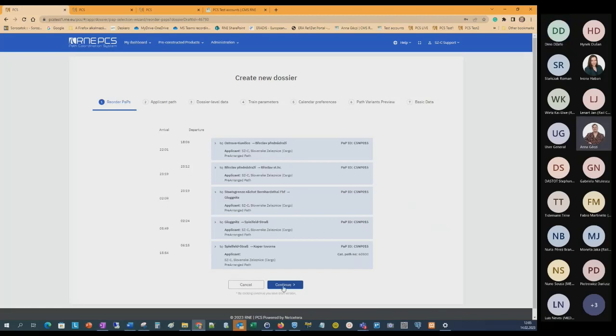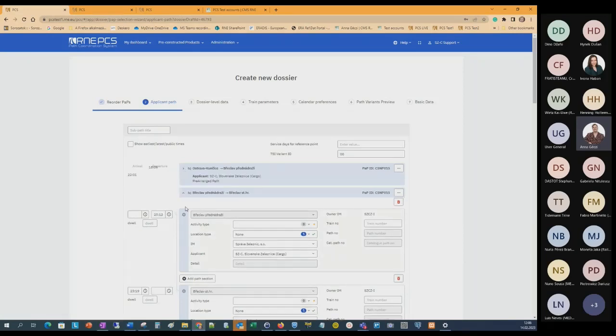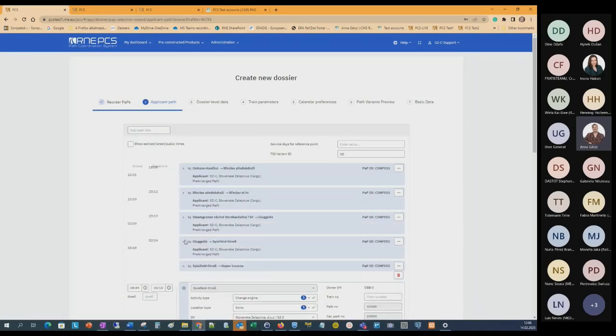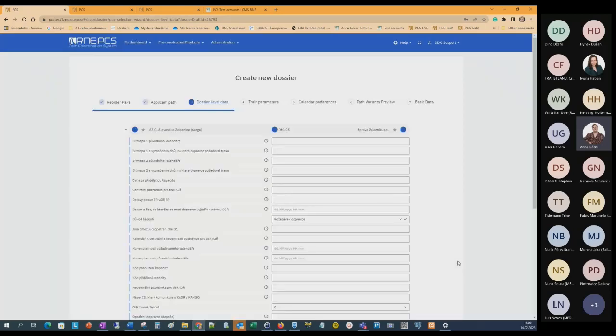No problem, thank you. Just stop me if something is not clear or I'm trying to go quickly. As I have mentioned, I will not enter anything. I will use the same handy options again. Then I will reach the continue button. Let's continue. I will get to the dossier level data part, which I also mentioned in the previous case. But I wanted to show you how it would look once the split is done without exiting of the